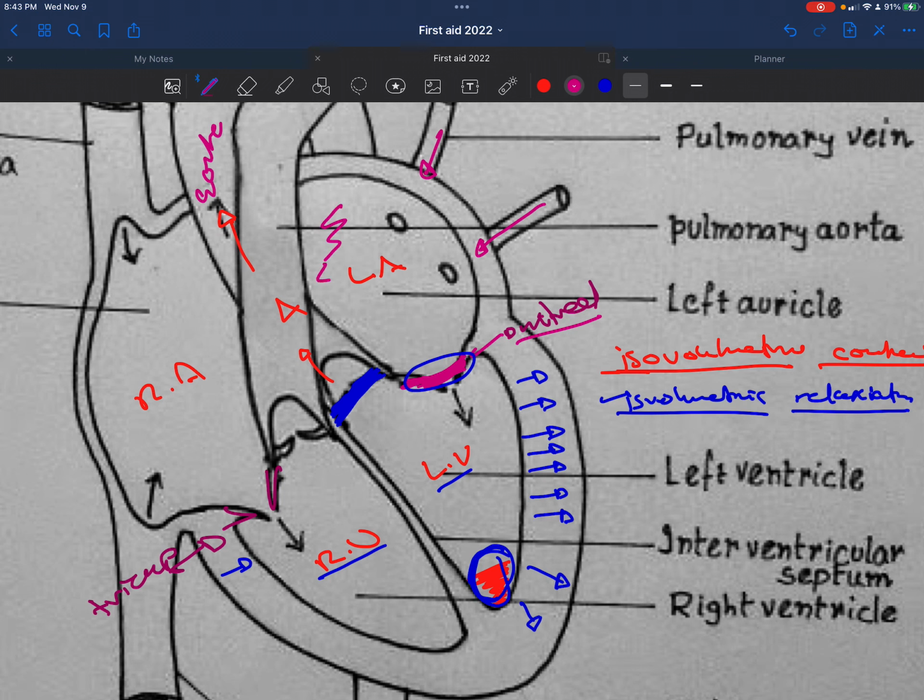So it kept rising until it reached a pressure high enough to again go ahead and open the mitral valve in order to let the blood flow down to the left ventricle and create the whole circle again. Okay, so and then of course we know that this is